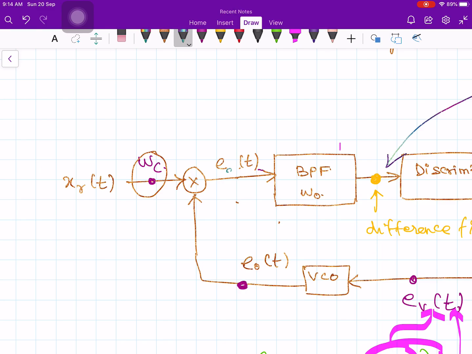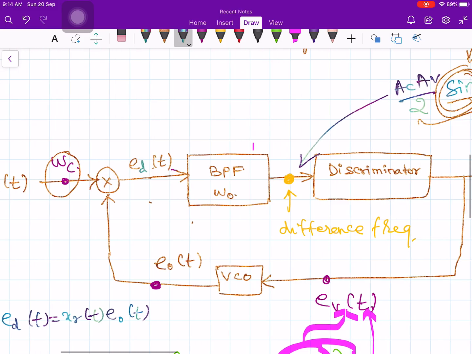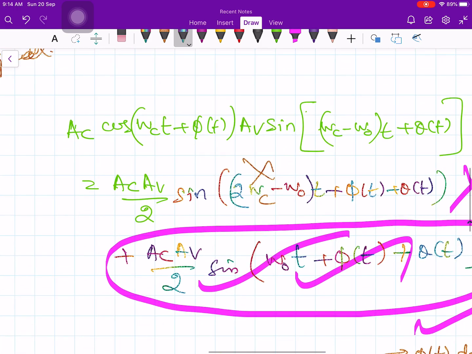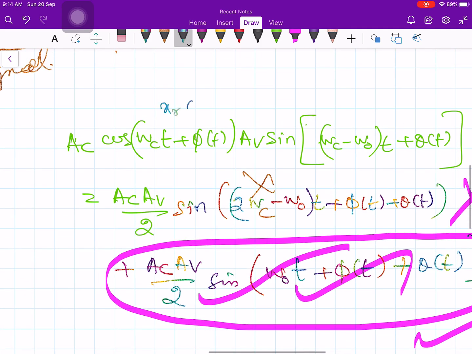E suffix d of t. So what is E suffix d of t? E suffix d of t is equal to x suffix r of t times E suffix naught of t. Now let us do the multiplication. This we already did. So this is x suffix r of t and this is E suffix naught of t, and multiply, you will